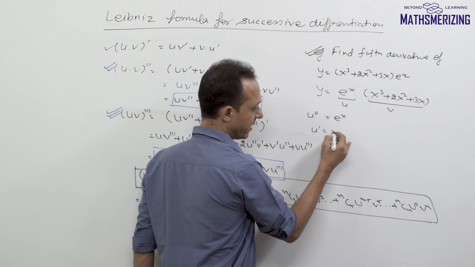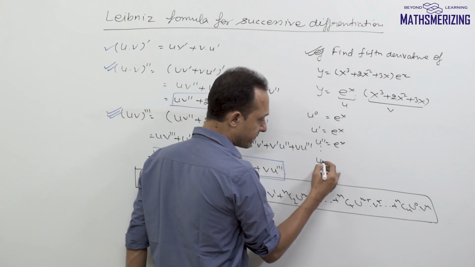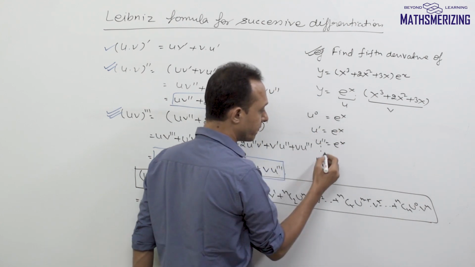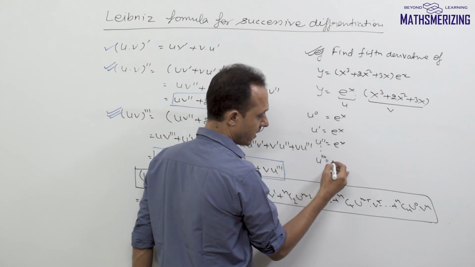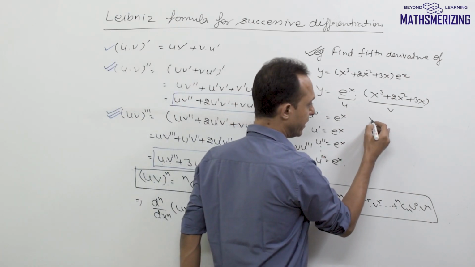Its first derivative will again be e to the power x, second derivative e to the power x. So for this function u, all the derivatives from 0 to 5 will be e to the power x. Now what about this v? Now this v to the power 0 is